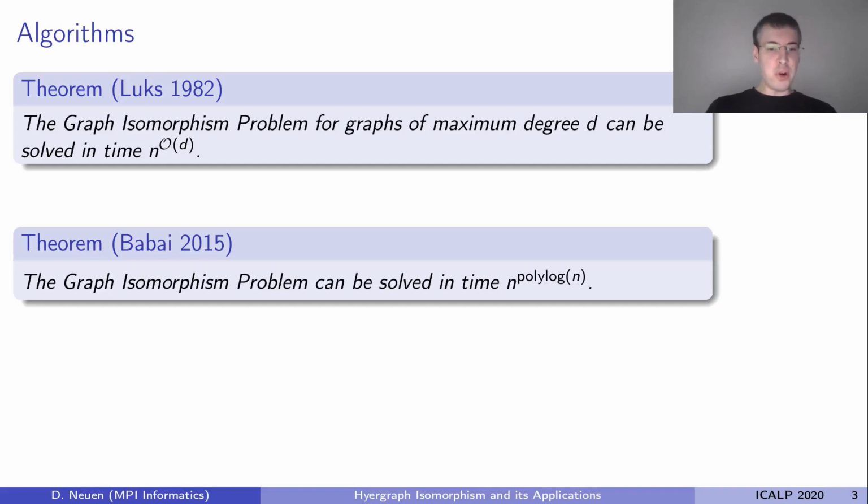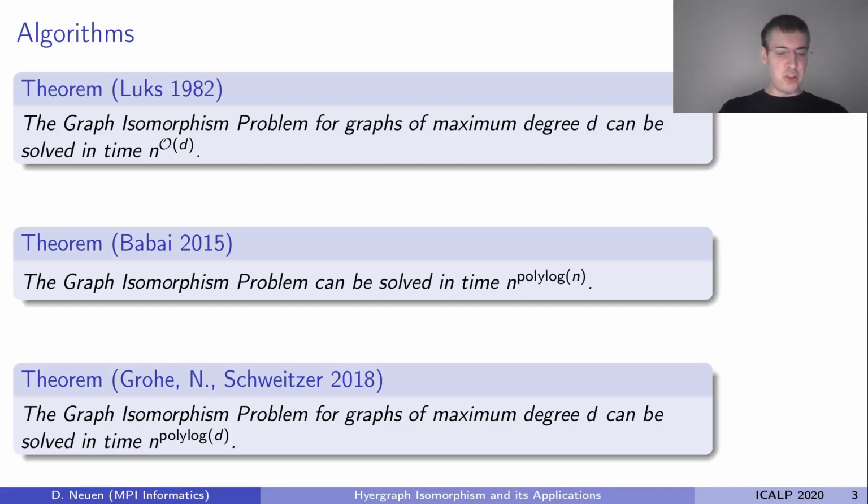Of course, this now raises the natural question whether we can also use the techniques introduced by Babai to obtain further progress for restricted classes of graphs. And in this direction we could obtain a first positive result about 2 years ago. In a joint work with Martin Grohe and Pascal Schweitzer, we could show that the graph isomorphism problem for